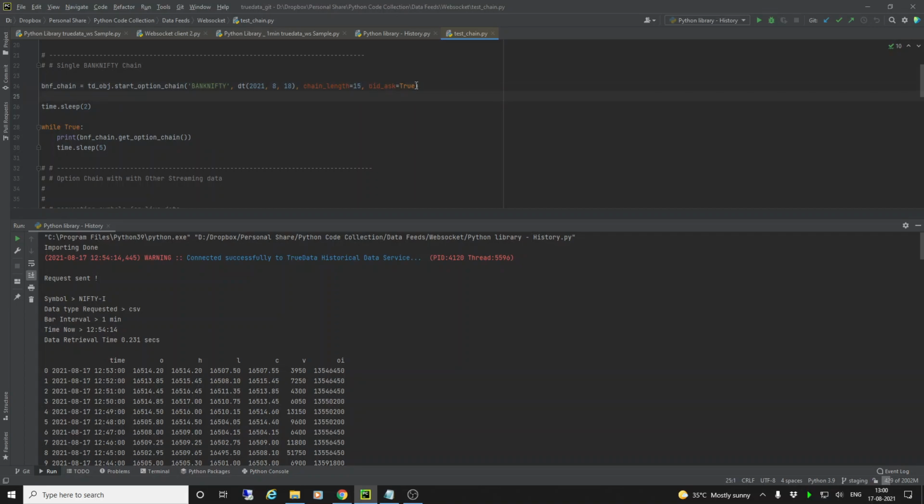Bid ask, I want to see the bid ask, so I've kept it as true. If you make this false, you will not see the bid ask. Now, after you've done this, there are a large number of symbols which are being found. You need to give it a sleep time of 2 seconds so that all the symbols can be found and the commands can be sent to the server and obtained back.